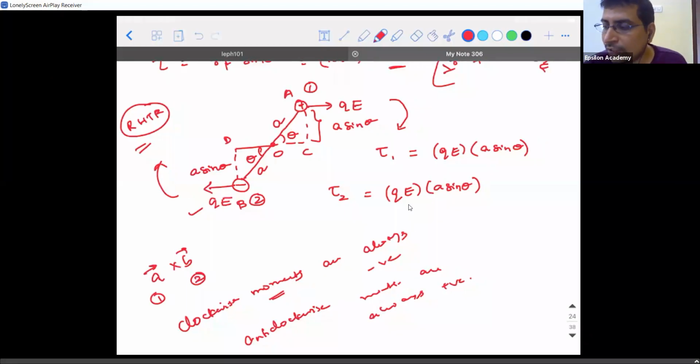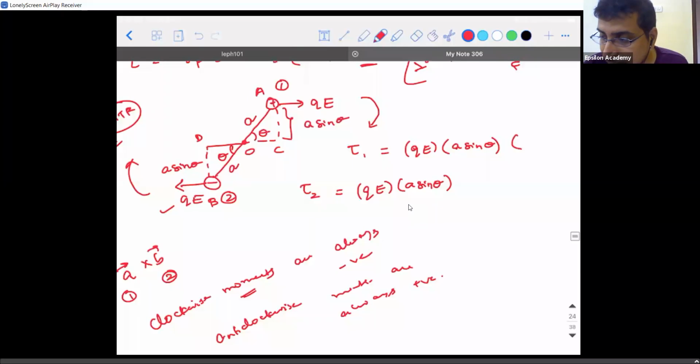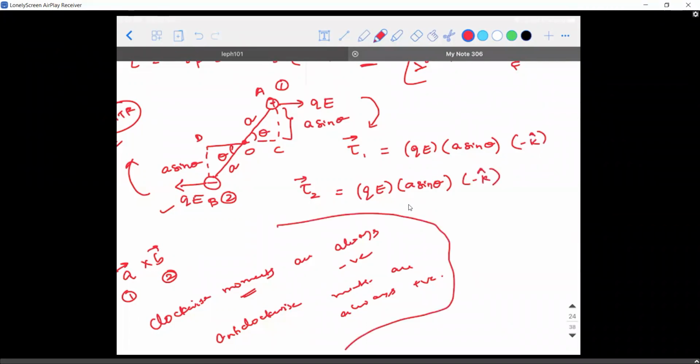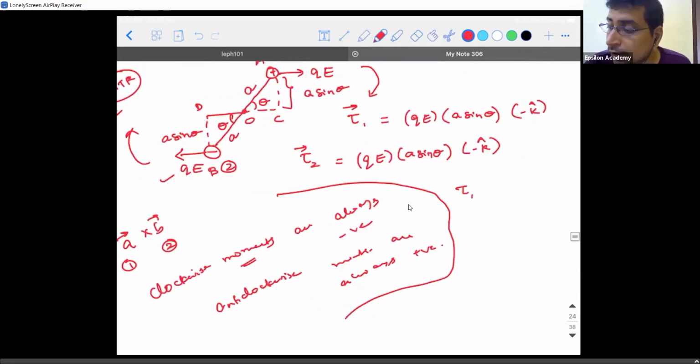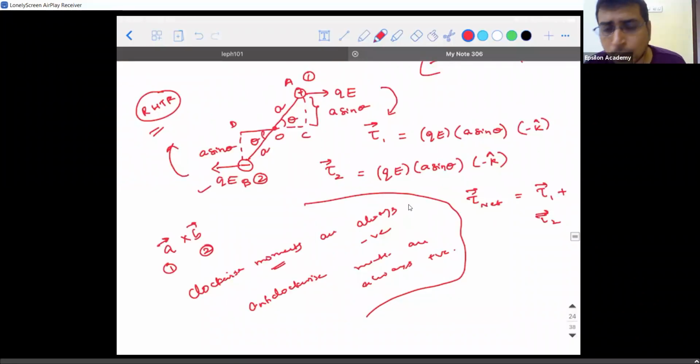Keeping all these points in mind, if I give a vector symbol to it, can I write it as minus k cap? Here also, can I write it as minus k cap? Yes. Am I clear, guys? So what is the net torque acting on it? It is torque due to the first vector plus torque due to the second vector. It is something similar to the principle of superposition. So the net torque is going to be